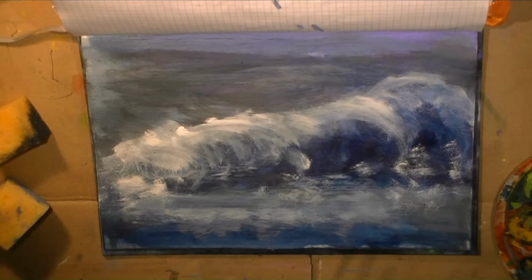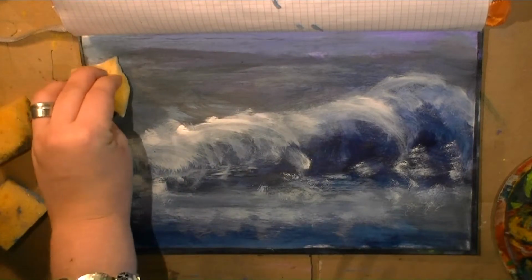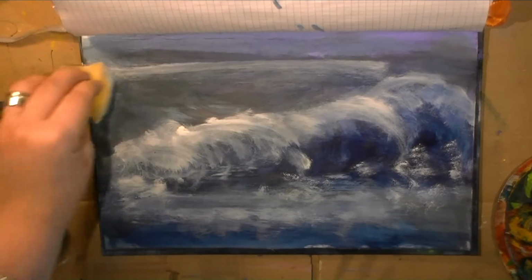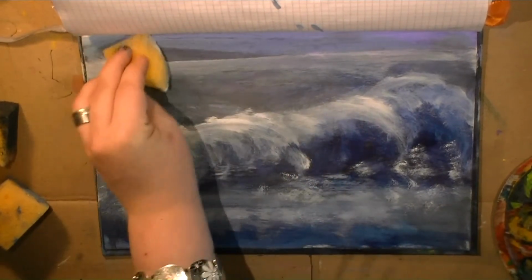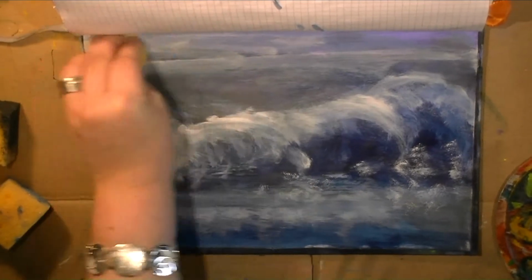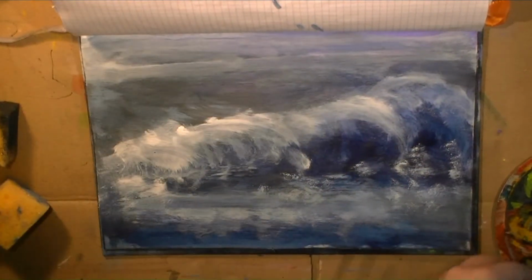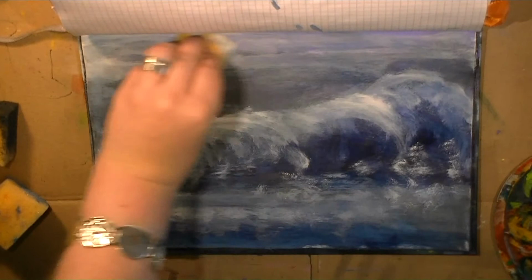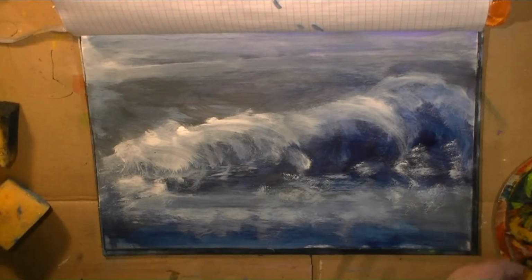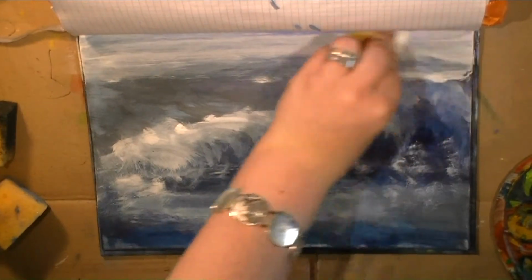Well, the horizon can't be a straight line then where there is nothing, or it's like a quiet breeze going over the ocean. No, this is wild. So I'm going in with the white now in this line to kind of start working on the horizon, and I'm lightening everything above that line, which is the sky, and I'm taking away a bit of that lavender purple, and I'm fading that color out quite a bit with the white here, but then again, this is a solid layer of clouds there, and the purple actually only tries to shine through, and